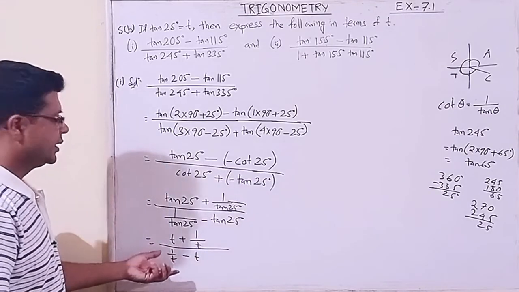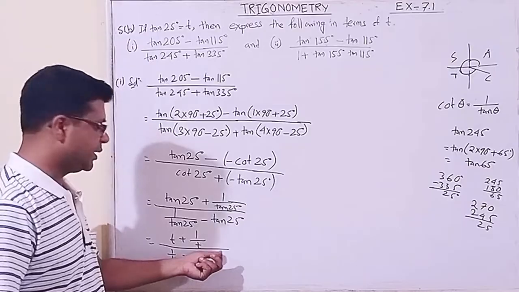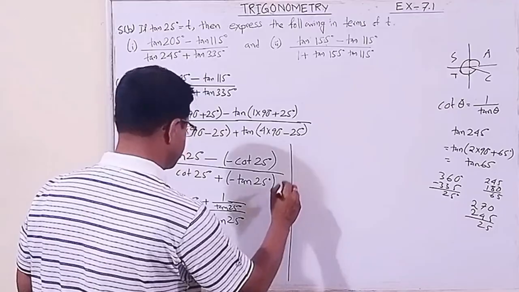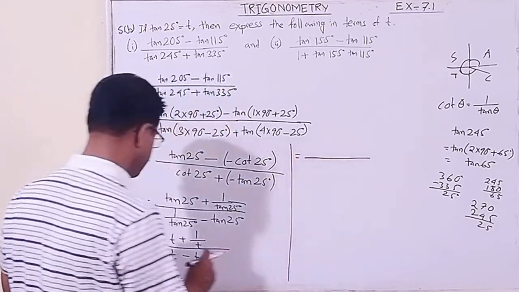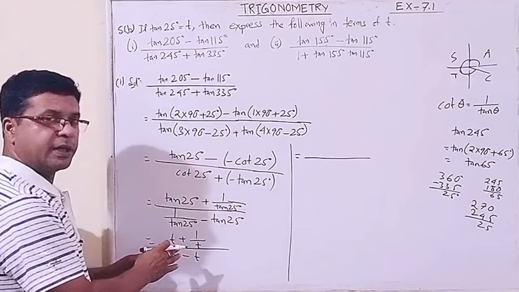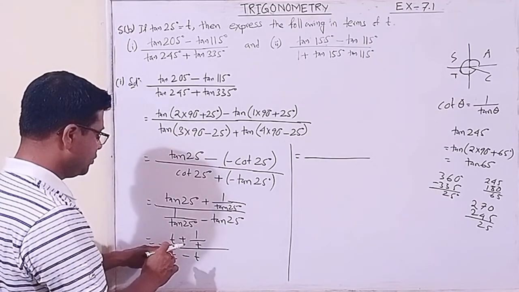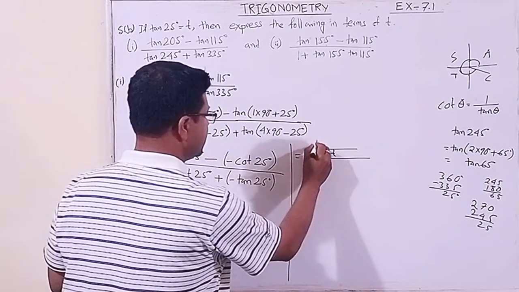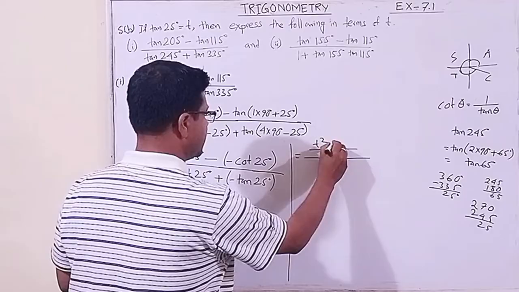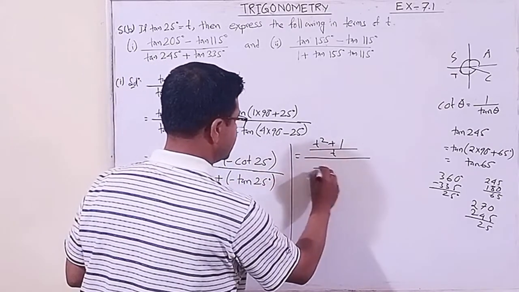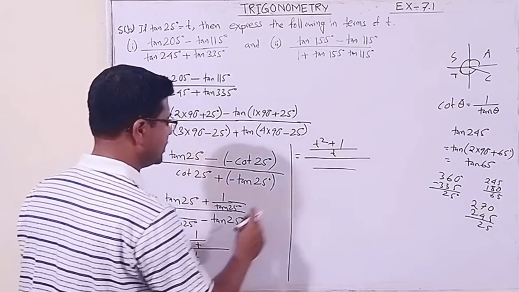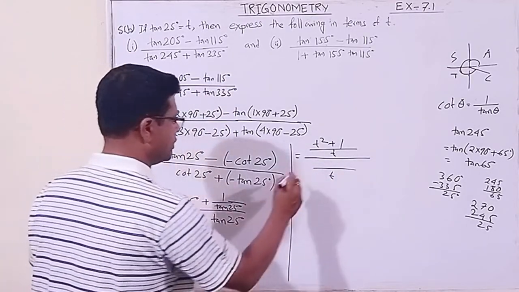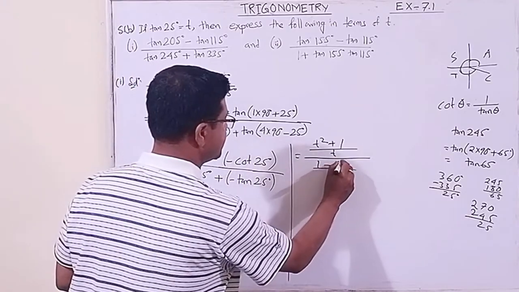Actually the main part we have done. If you write this in the exam, you will obviously get the full marks. Now the thing is whether you will be able to simplify it further or not, let us see. This expression we have converted in terms of t. Between 1 and t the LCM is t. Here again the LCM of t and 1 is t. So it is 1 minus t square by t.